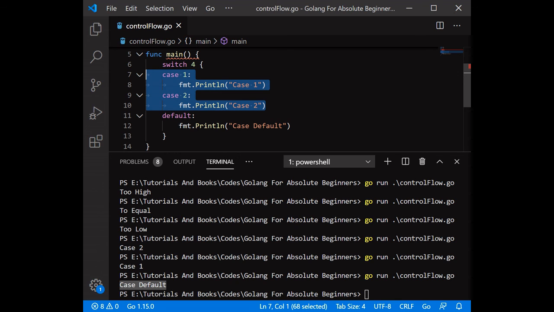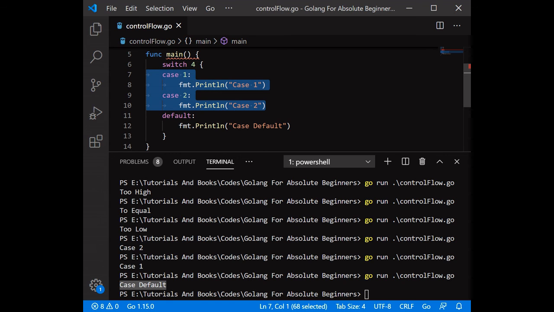So this was all about control flow using the Go language. We also have different types of cases in other programming languages, I think, but Go has only if, else if, and switch case statements.